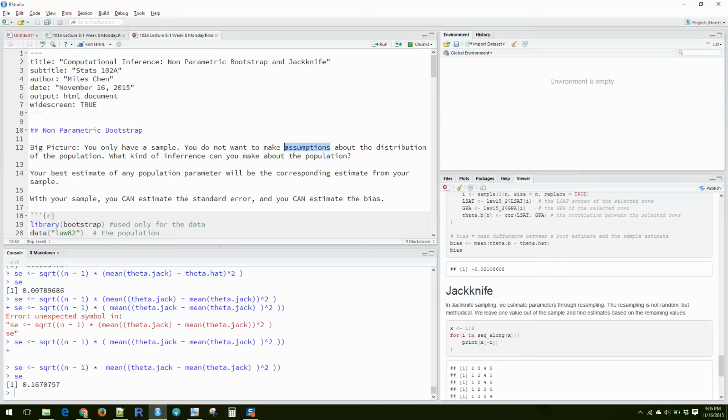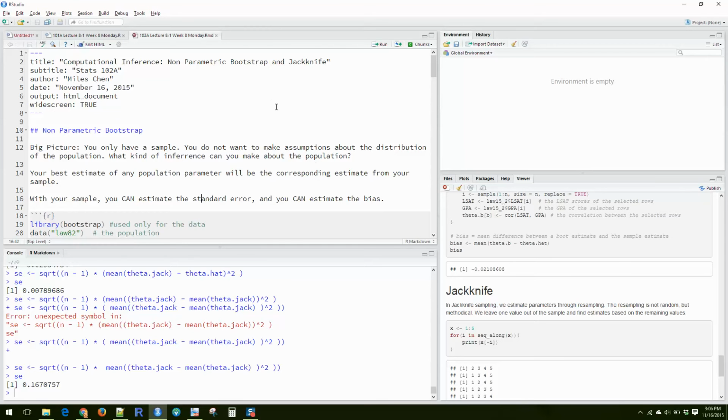So we're putting some kind of assumptions onto our sample. And if you are willing to make assumptions about the population, then you can do the parametric bootstrap methods that we covered last week, where you can generate data from a known distribution